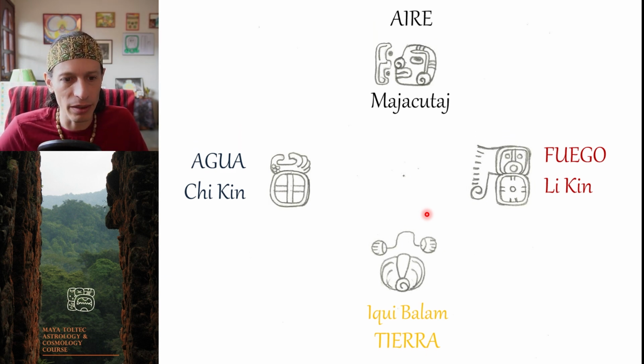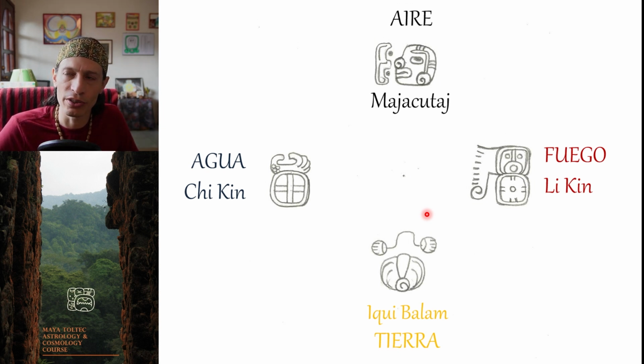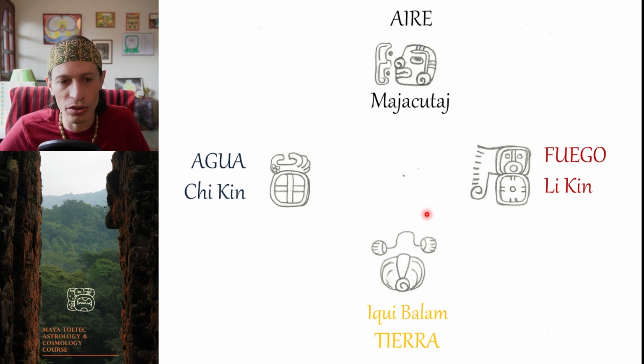In modern scientific thinking, they describe dimensions as the dimensions of space, right? If you have one dimension, then just a single point. If you have 2 dimensions, you have a line,